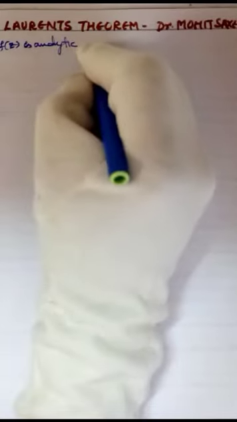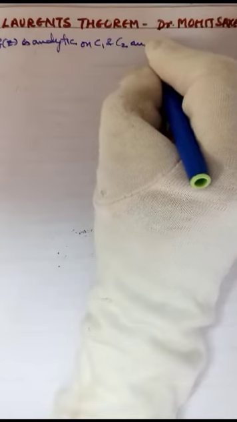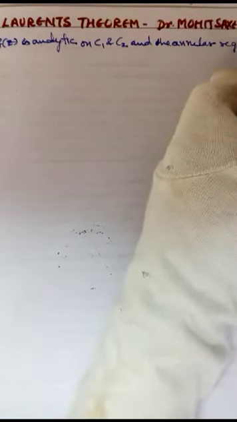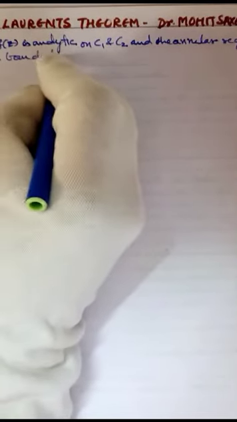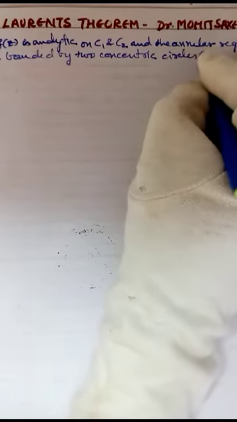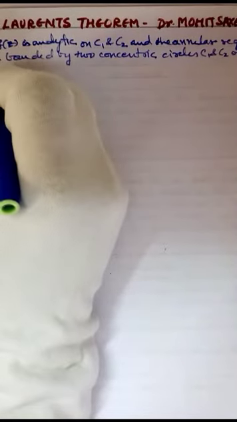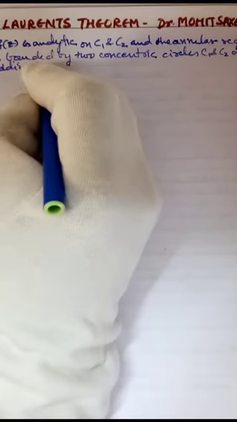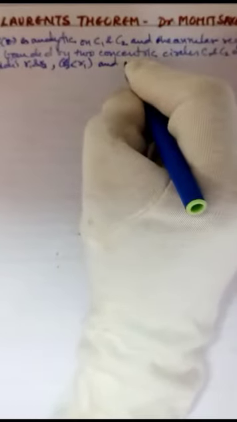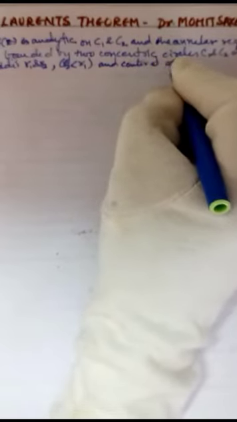Laurent's theorem states that if a function f(z) is analytic on C1 and C2 and the annular region capital R bounded by two concentric circles C1 and C2 of radii R1 and R2, such that R2 is less than R1 and both circles are centered at a, then